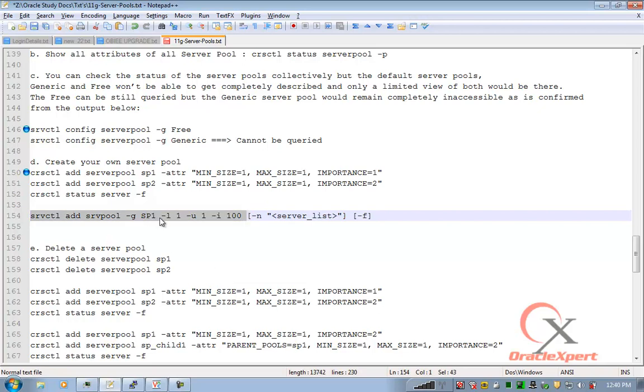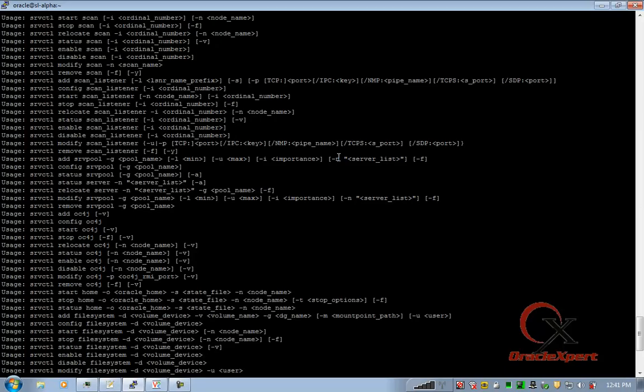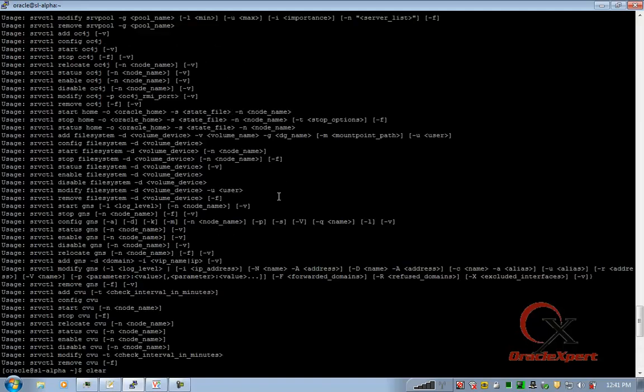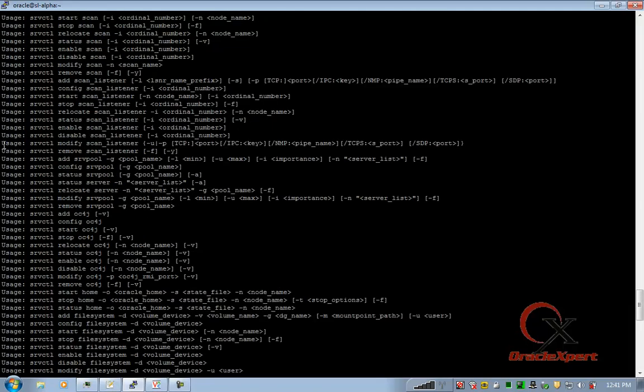So I am creating a server pool with minimum size as 1, maximum size as 1, importance as 100. Clear?